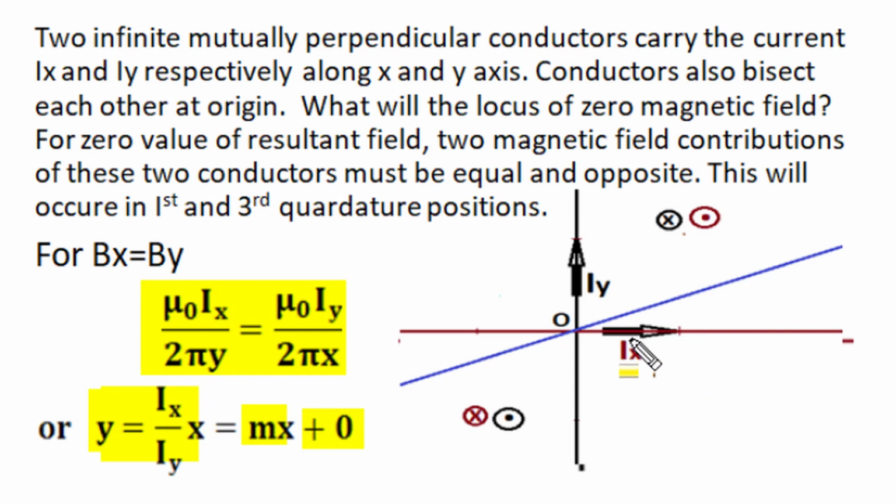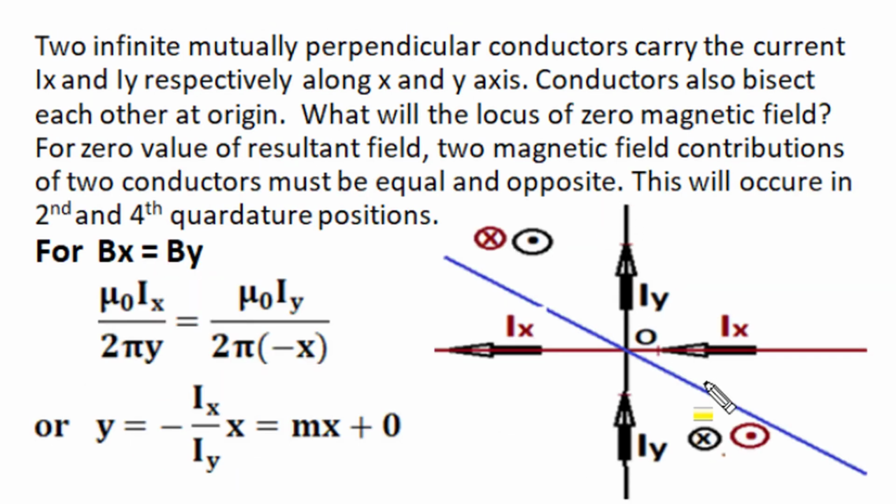If the two currents Ix and Iy are equal, then the slope becomes 1 with angle 45 degrees, and if Ix is more than Iy, then the slope becomes more than 1 and the angle will become more than 45. If Ix is root 3 times Iy, then the angle of the straight line becomes 60 degrees with slope equal to root 3. And if in the previous case the current in the x direction is reversed, then in the first and third quadrants the two magnetic fields become additive,